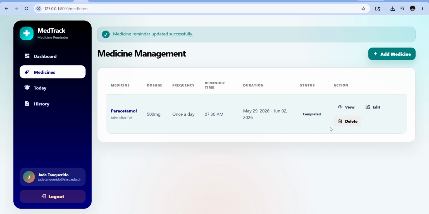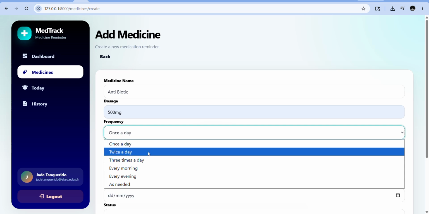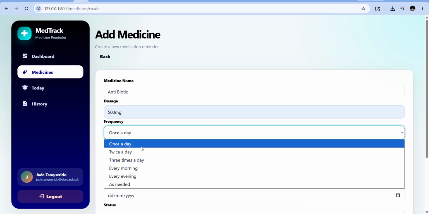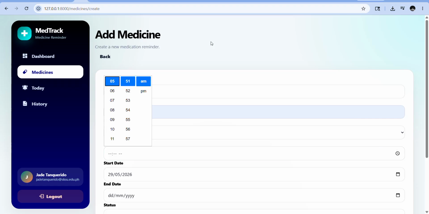Next, let's add another one. The sample is antibiotic. Same 500 mg, once a day. Reminder time is 8 in the morning.